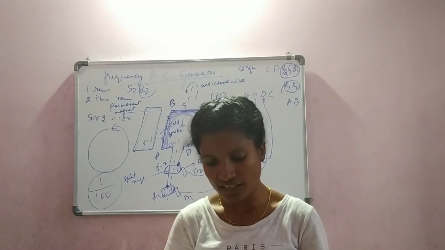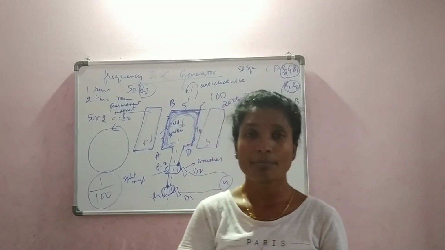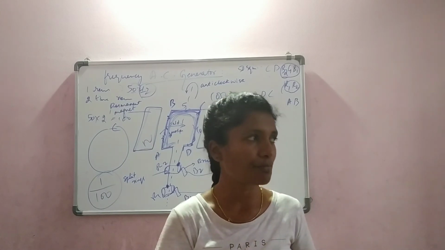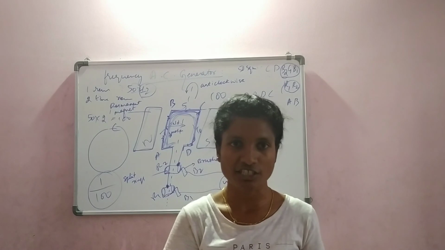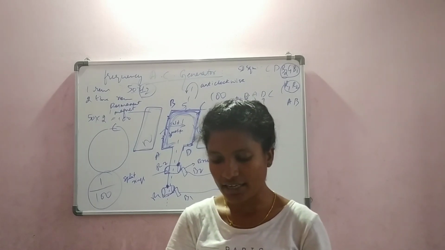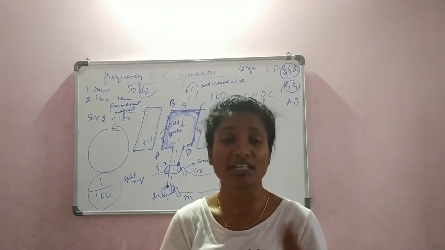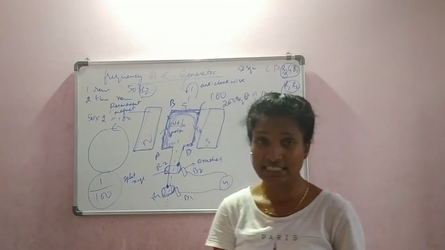So that is about the AC generator. The powerhouse AC generators are a fixed set of coils arranged around a rotating electromagnet. Powerhouse is the hydroelectricity power plant where the electricity is generated. That is called the powerhouse. There people use an electromagnet and a fixed coil with multiple turns. Okay. So the next concept is the DC generator.